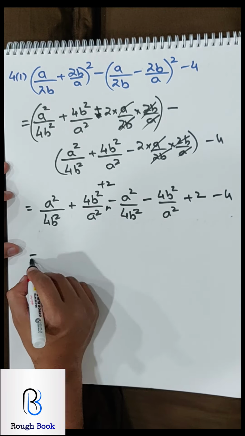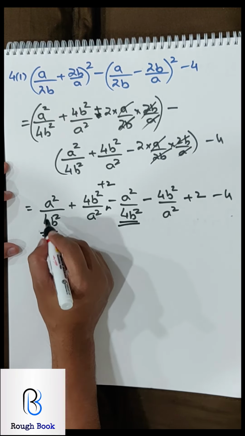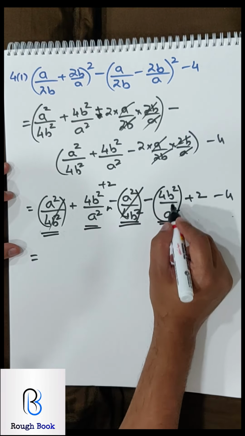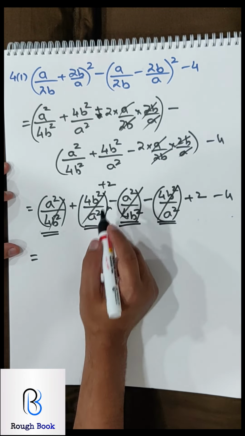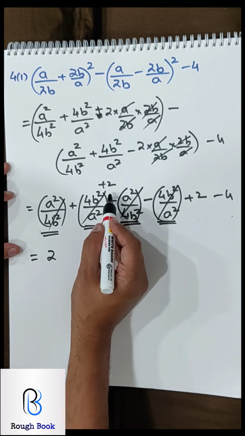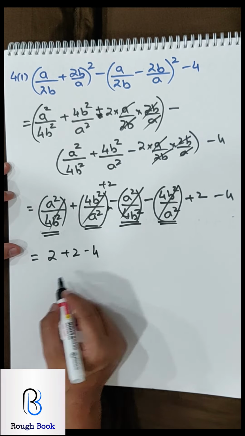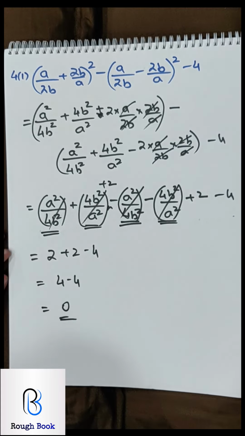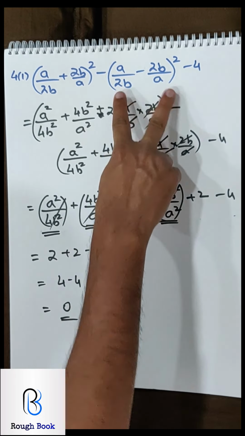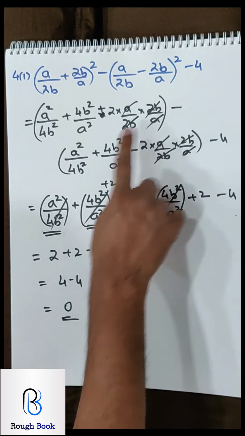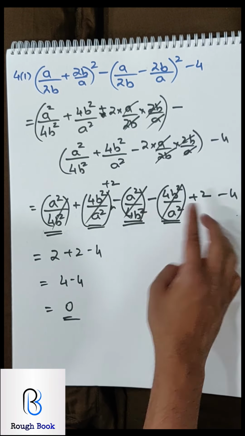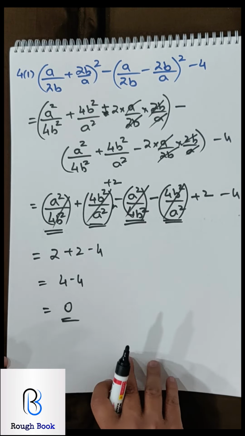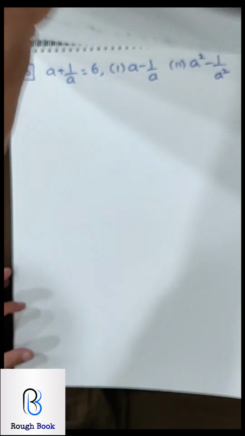In the end, minus 4. This is minus, this is plus. So this entire entity can get cancelled. Again, this is plus, this is minus. So this entire thing can get cancelled. What is left is this 2, which is from here, plus this 2 minus 4. So I will get 4 minus 4. Final answer 0. So basically I have squared the first part, squared the second part, given the effect of this minus sign to all the 3 parts. Whatever cancels I have cancelled, whatever is left over becomes my final answer. Yeah. I hope this is very simple for you, very basic.